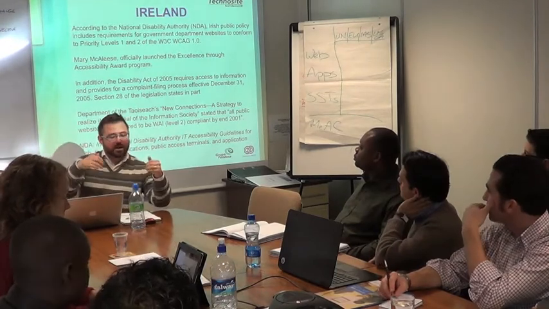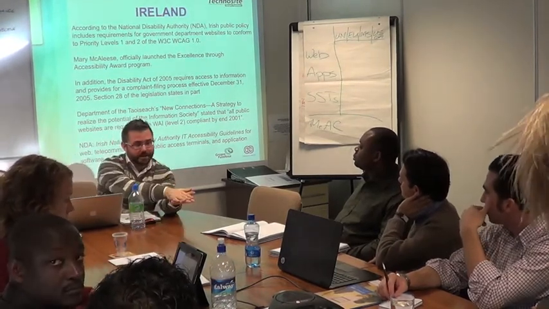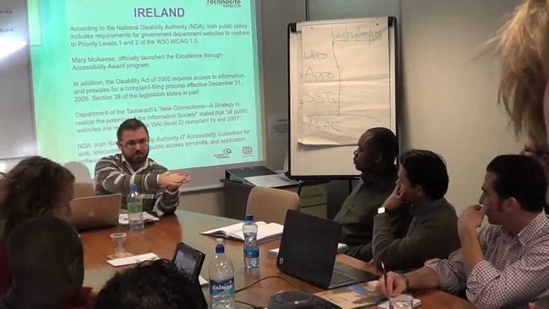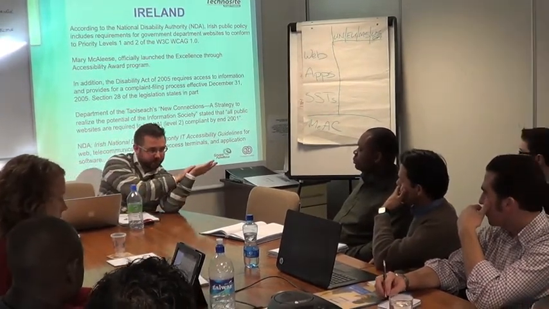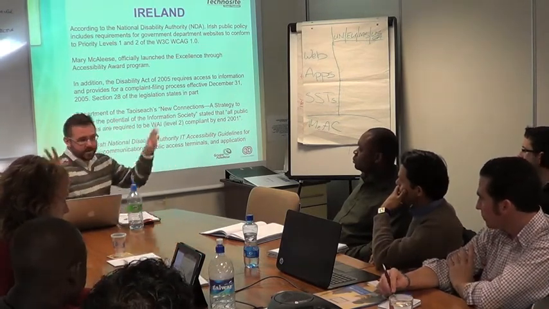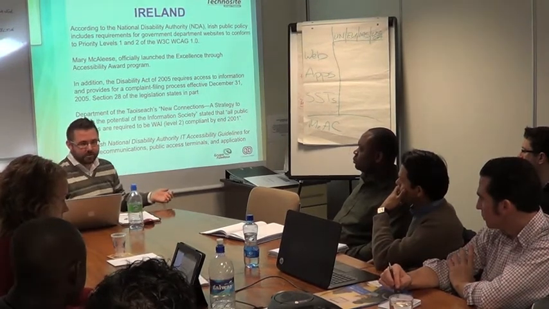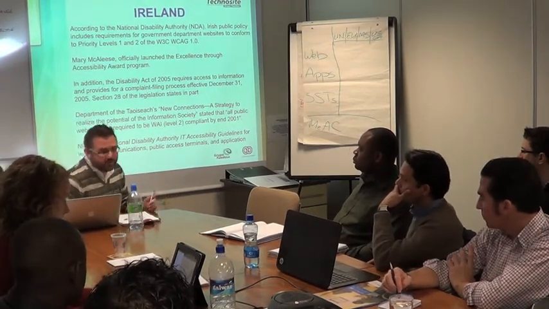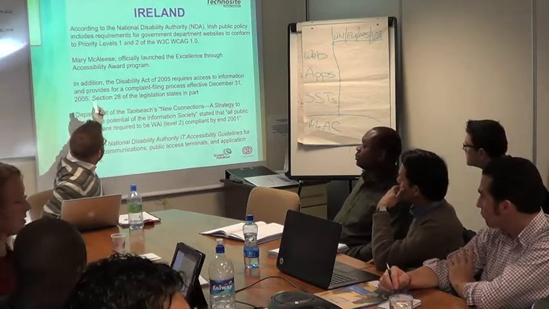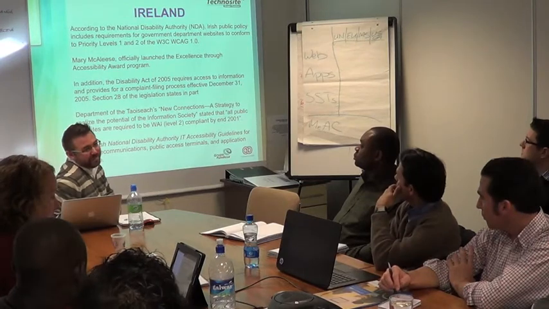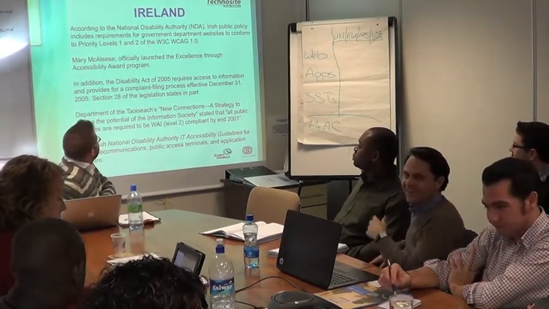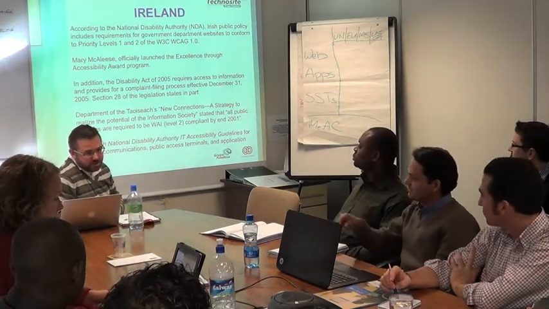In order to make a website accessible, it needs to follow guidelines. Now, it could be given a score of A, B, C, or D. But not really A, B, C, D, or E. They're given different levels of A's, sort of like a Zagat guide for a restaurant, or TripAdvisor for a hotel. Mary McAleese, the former president of Ireland, officially launched the Excellence Through Accessibility Awards program, which is a good